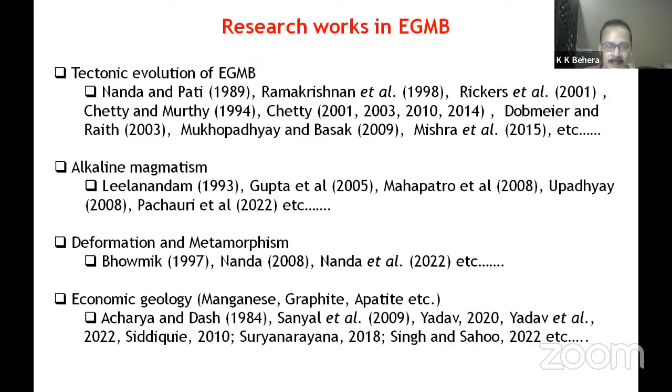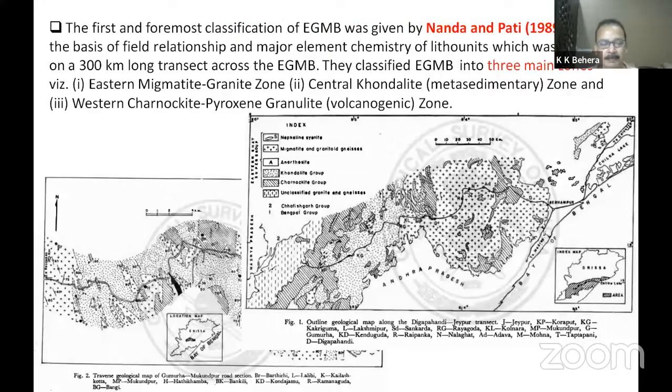With regard to economic geology, the research work we have seen so far pertains to manganese, graphite, and apatite occurrences, and their genesis in a particular prospect or deposit. But our case is different, because our first map, the tectonic map of Odisha, we prepared. Before that, I'm just going to briefly describe the ideas that have existed